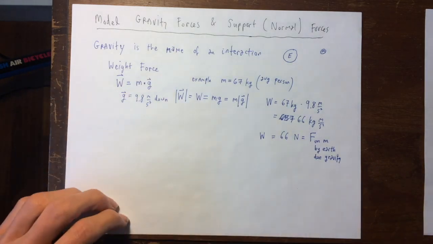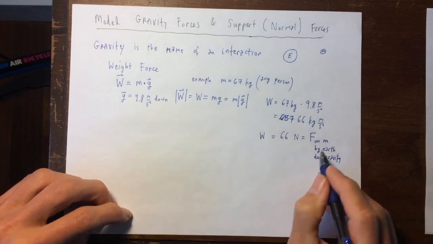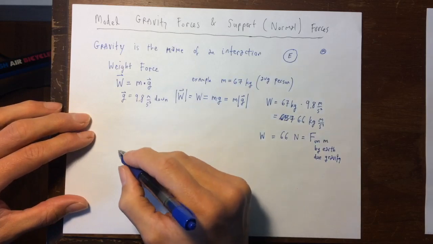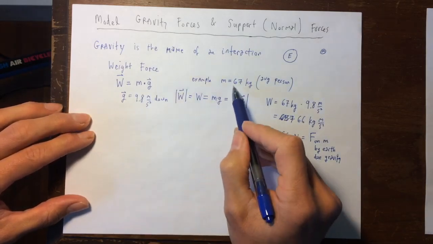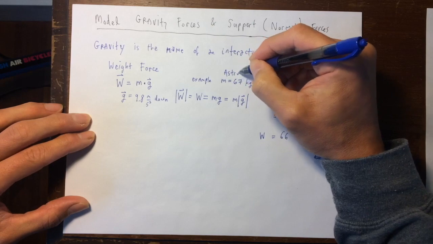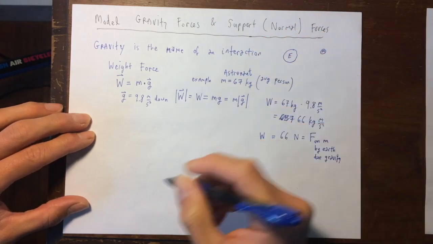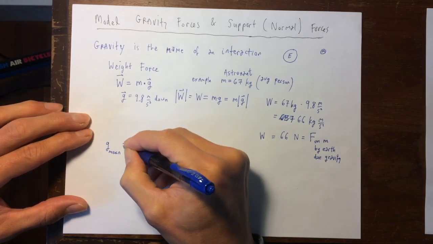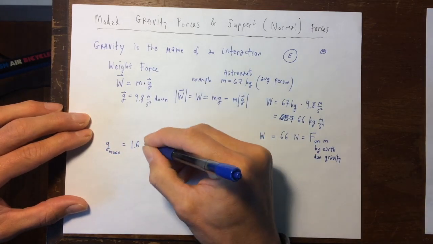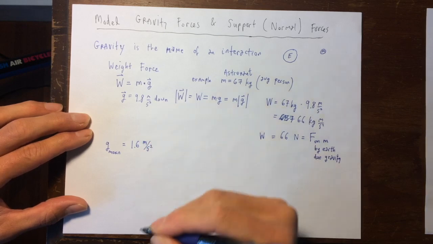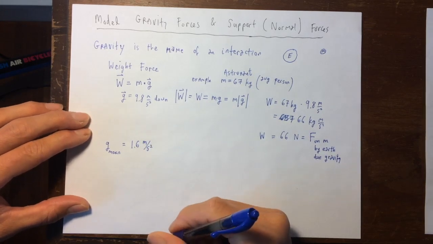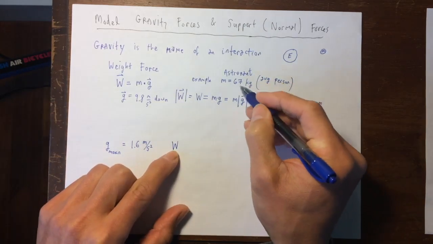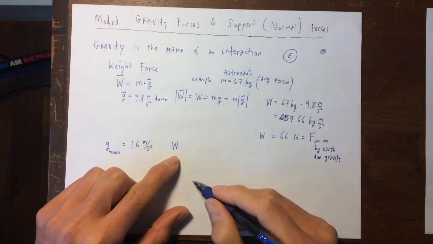Okay, so for fun though, that's not the only weight force that could act on M. Another weight force that could act on M is, what if the person is an astronaut and they go and visit the moon? So on the moon, the acceleration due to gravity, things fall. In free fall, they fall with an acceleration of about 1.6 meters per second squared. And so the weight force, or the weight of this particular astronaut, this very same 67 kilogram astronaut,